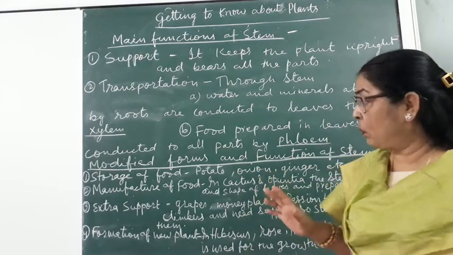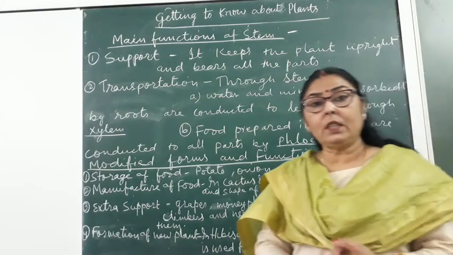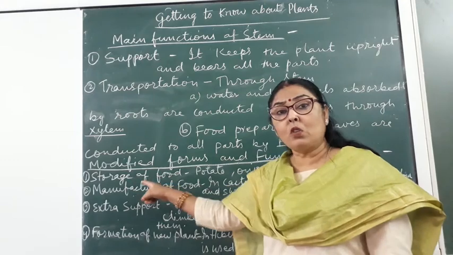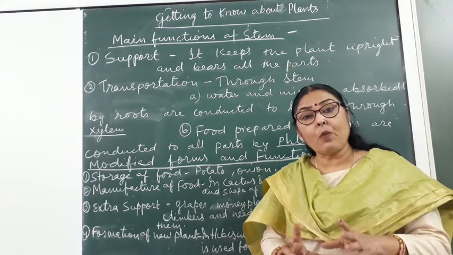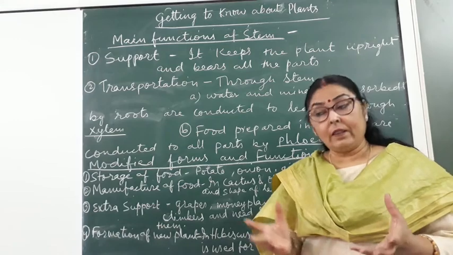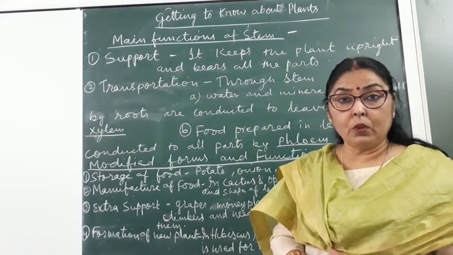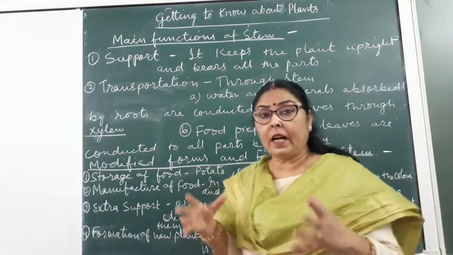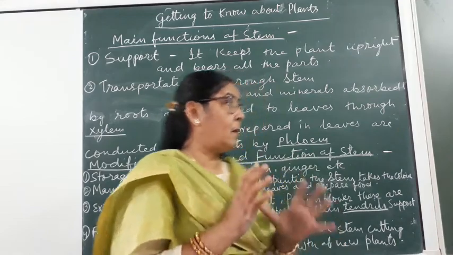Root has been explained. Now I am explaining about the stem. First function, as we have discussed in root, stem also stores food, means storage of food in stem is found in many plants. Some plants and their parts, means stems, we eat as our food. This is potato, onion, ginger and so many other underground stems which store their food in their stem.